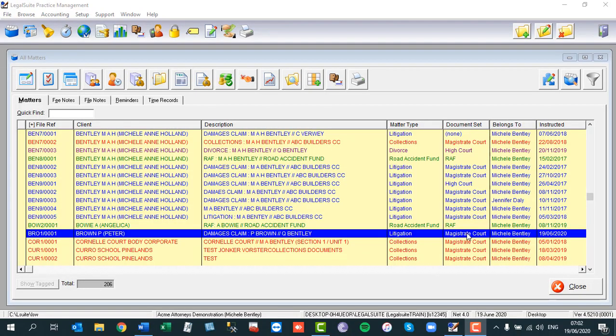I'm Michelle from Legal Suite, and this is time recording part 1, how to manually insert a time record on the time record screen. Okay, so for the purposes of this, please note that I am using a matter that